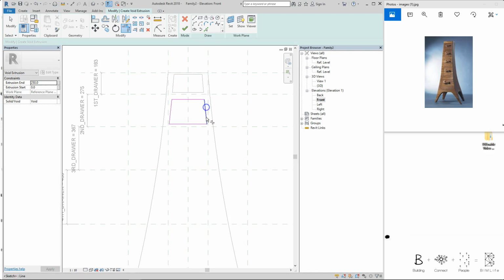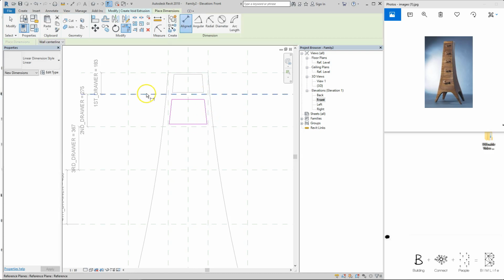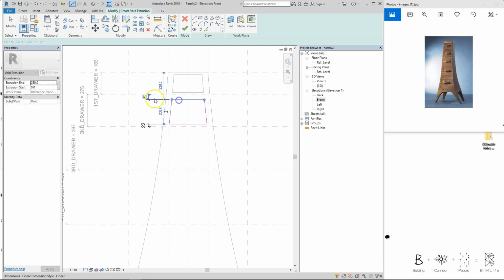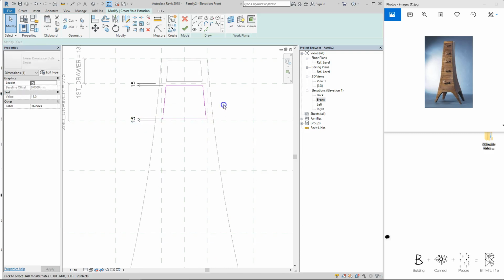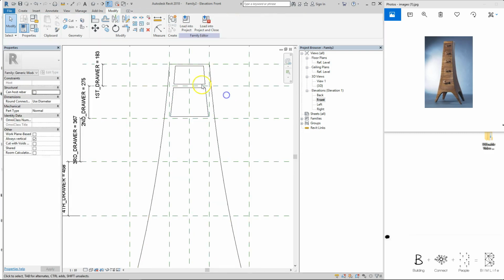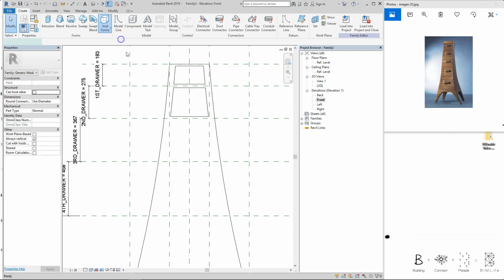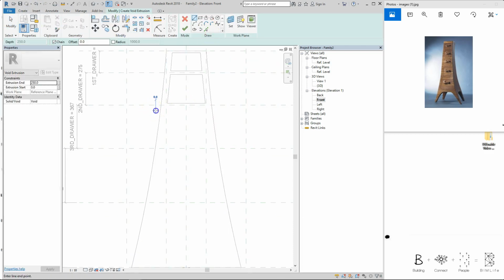So what this means is the curvature of the second drawer will always follow the curvature of the first drawer, and the remaining third, fourth, and fifth drawers' curvature will always follow the first one, which we'll be doing later. So again, I'll just dimension the offset to be 15, 15, and lock it on this side. Press the green tick, create void forms for extrusion, create two lines,